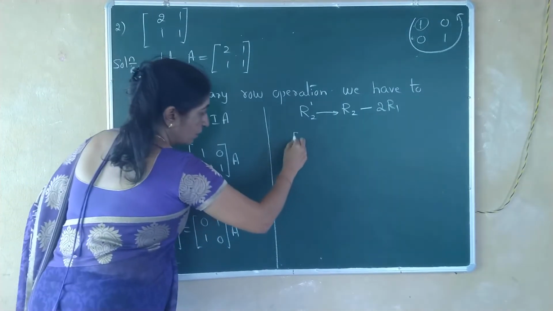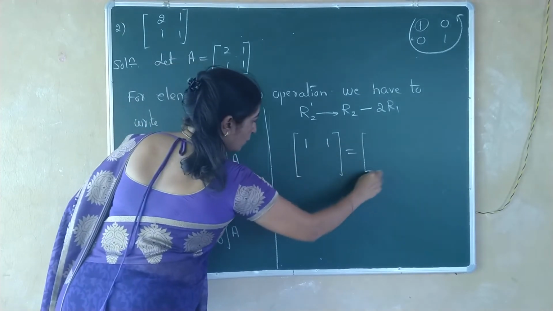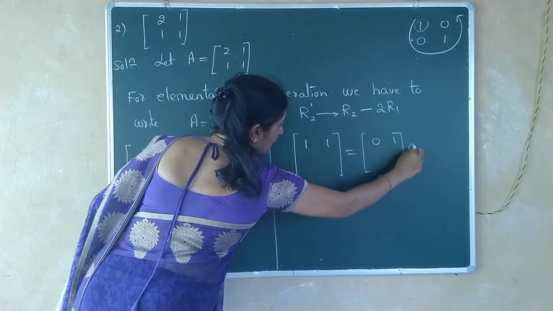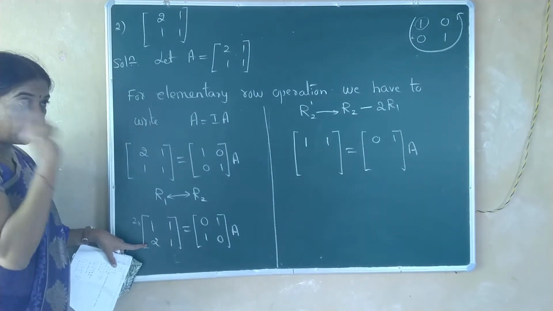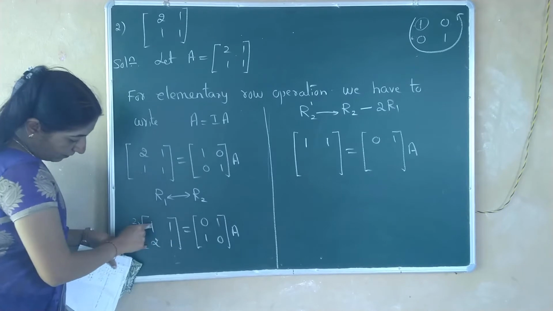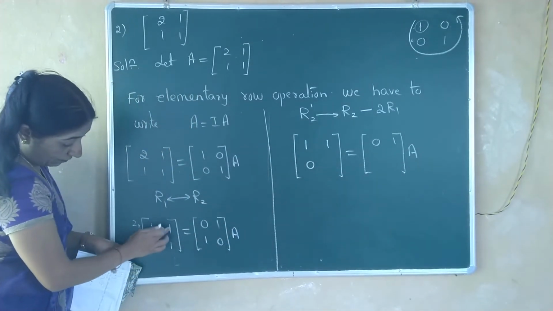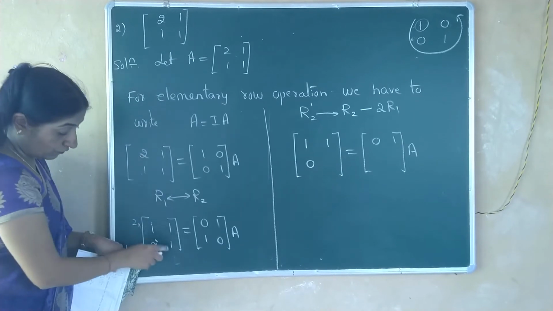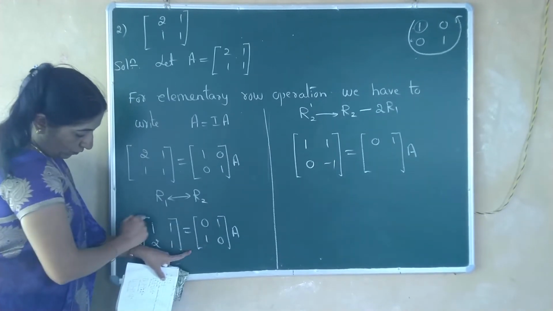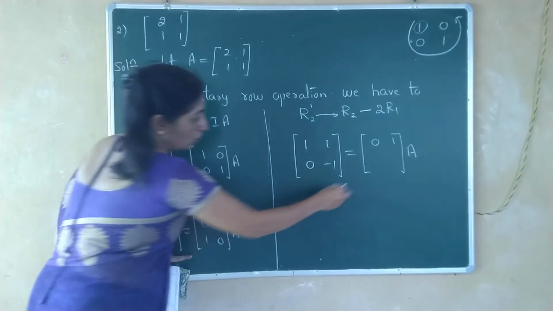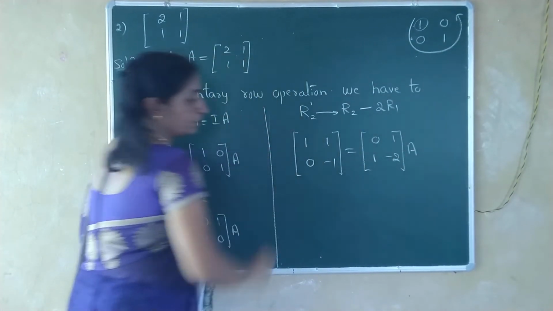Now first row as it is, this is 1 1. Here also it is 0 1. Come to the calculations. As I told you, in your mind, each number is multiplied with 2. 2 minus 2. 0. It is 1 minus. Do in the mind. 1 minus 2. That is minus 1. Then 1 minus 0 because 2 is multiplied here. 1 minus 0. 1. Then 0 minus 2. That is minus 2. Understood?